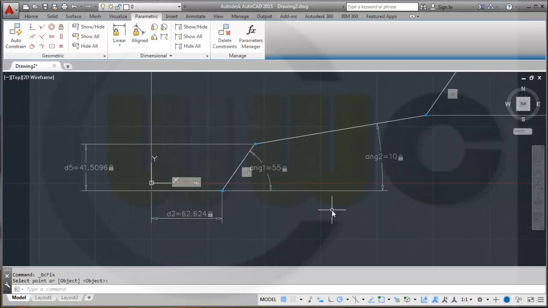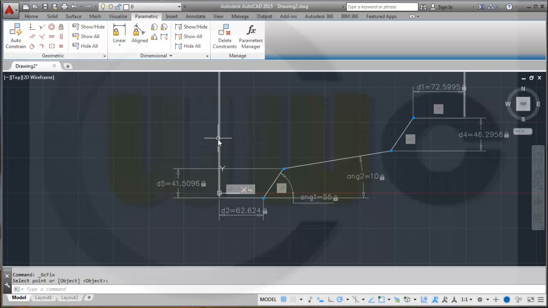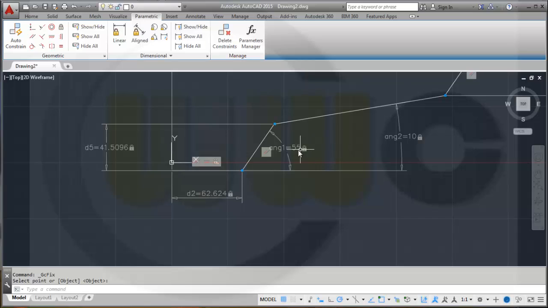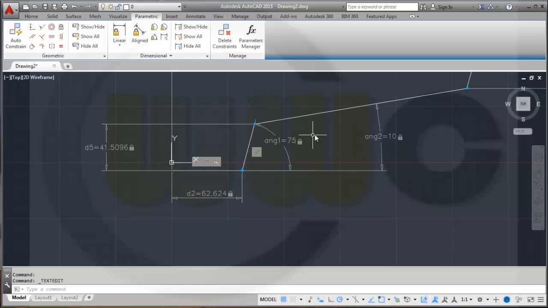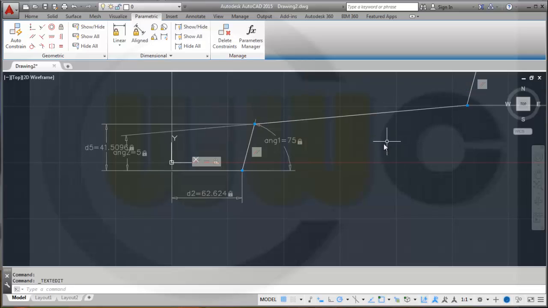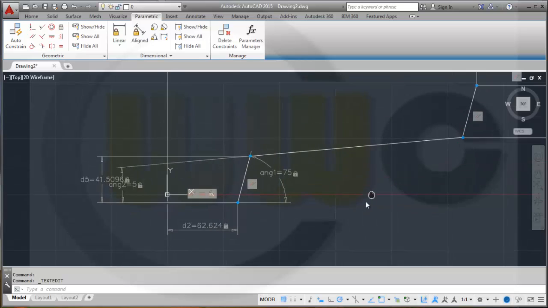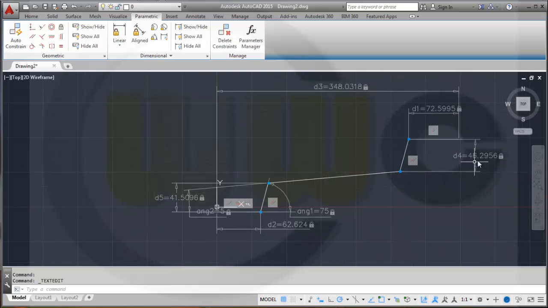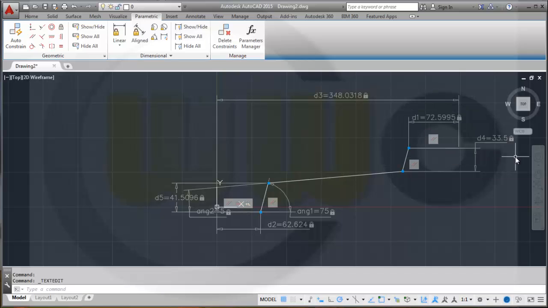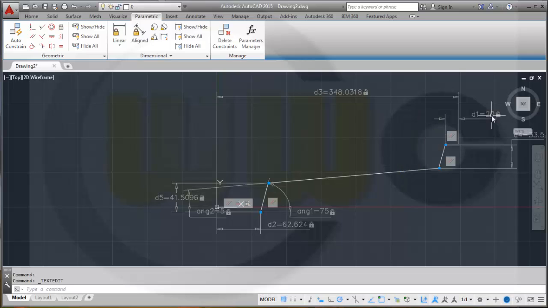Okay, and now I could change the parameters to the correct values. This should be 75. This should be 5. This should be 33.5. This 20. This one 287.5,